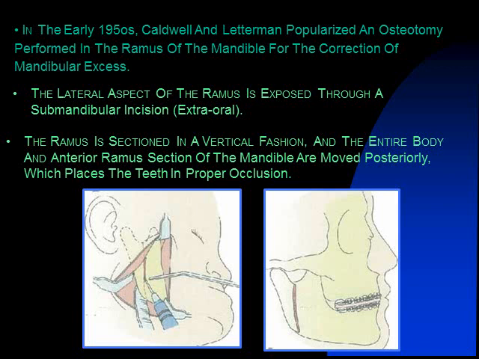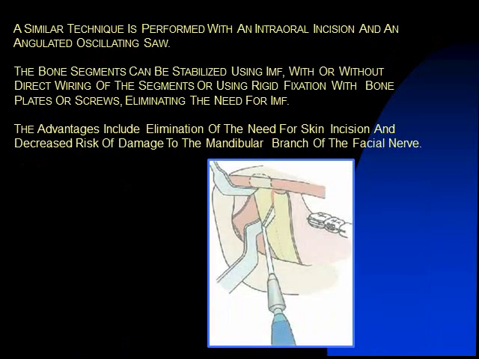There are different techniques in which we can just cut vertically the ramus, subsigmoid vertical ramus osteotomy, to cut the mandible and move it backwards because of insufficient ramus bone. The ramus may be thin and difficult to split, so we can cut it in one piece,